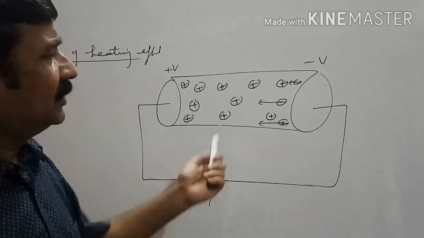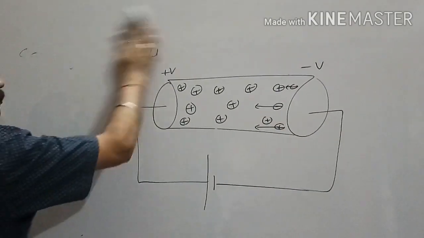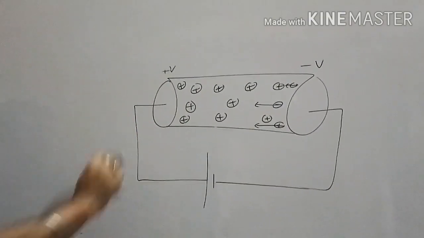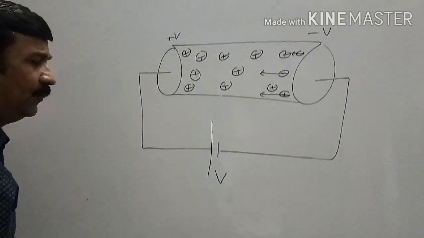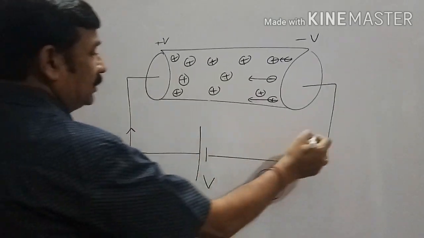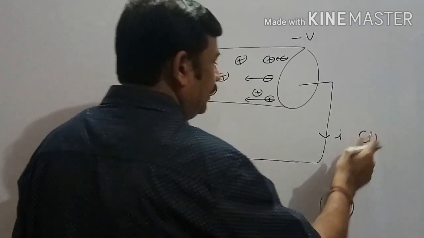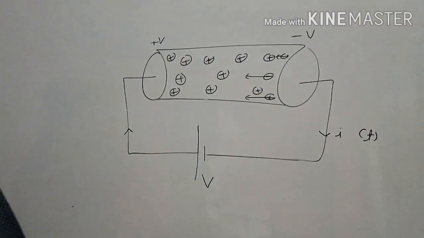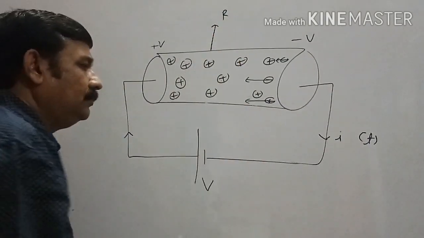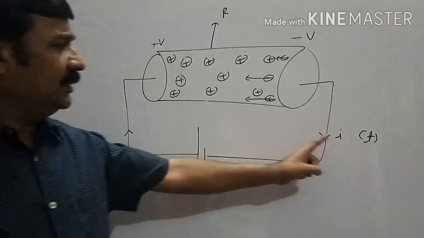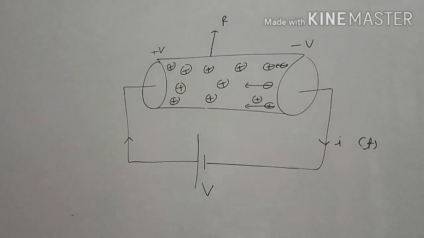Now after this, he successfully developed the formula with the help of which we can find the heat energy produced at the time of heating. So suppose we have taken a cell of potential difference V volt. In the circuit, current I is flowing for time t. The resistance offered by this conductor is R. If current I is flowing in the circuit for time t, how much charge is flowing in the circuit?